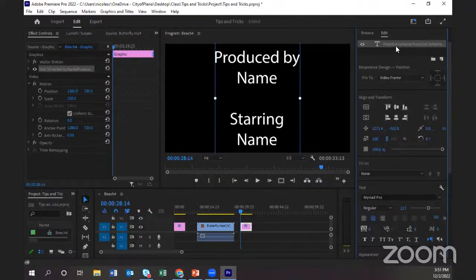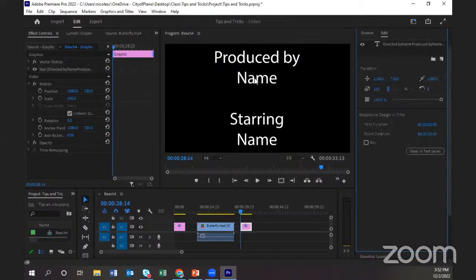Okay, so right now in this panel, you can see it's kind of gray over our text layer. It's because it's selected. Before we actually do the animated part of these rolling credits, we need to unselect that text layer. So I'm going to click right below it to unselect it, and you can see our box went away. It's no longer selected. And this is where we get the option here to roll, which you can see is down here underneath responsive design. So I'm going to click that